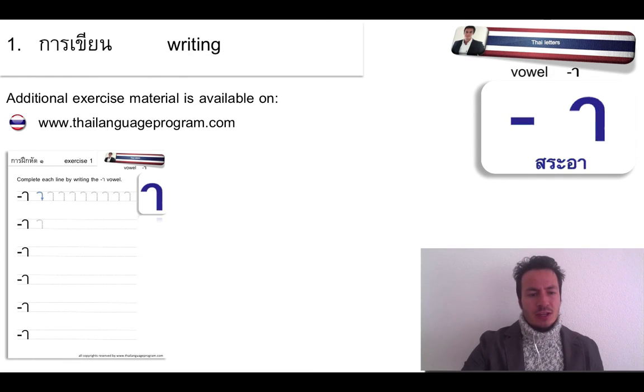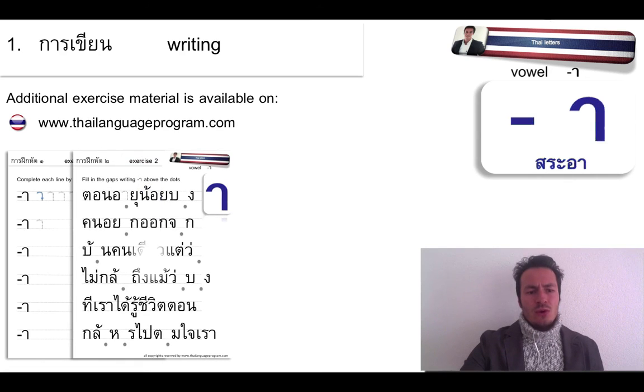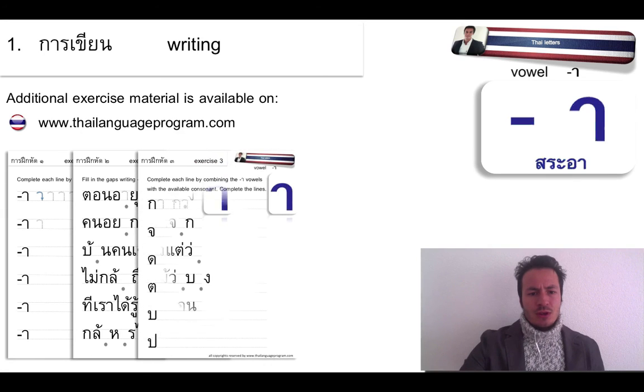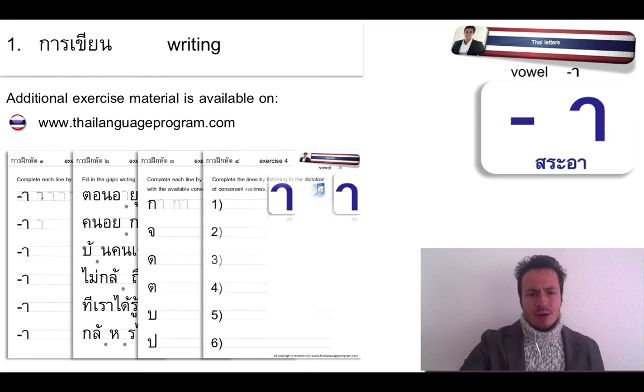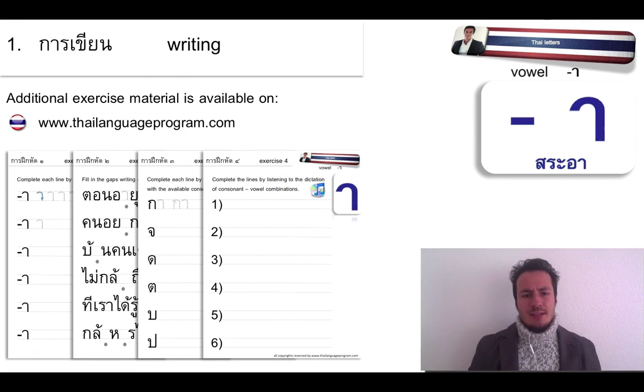One where you actually learn how to write on this exercise sheet, or to put it within gaps of a text. And another one will be writing syllables, and a fourth one will be an audio task where you have to listen to an audio and then write down the syllables that you hear from the audio. Okay, I hope that helps with practicing,